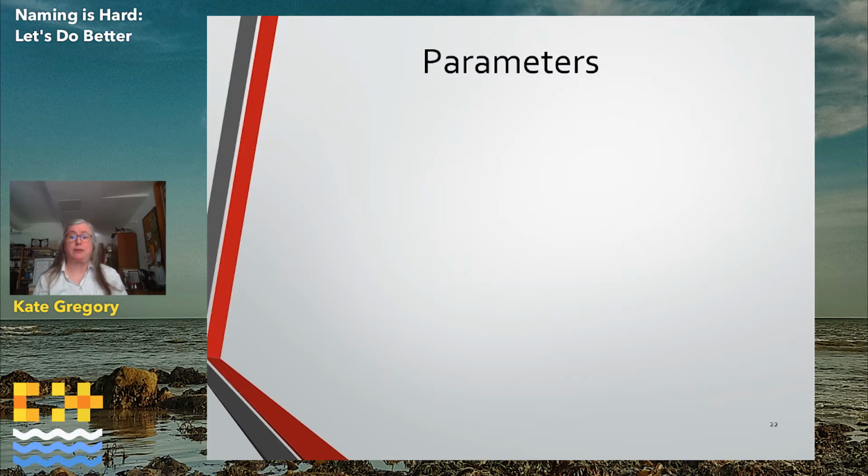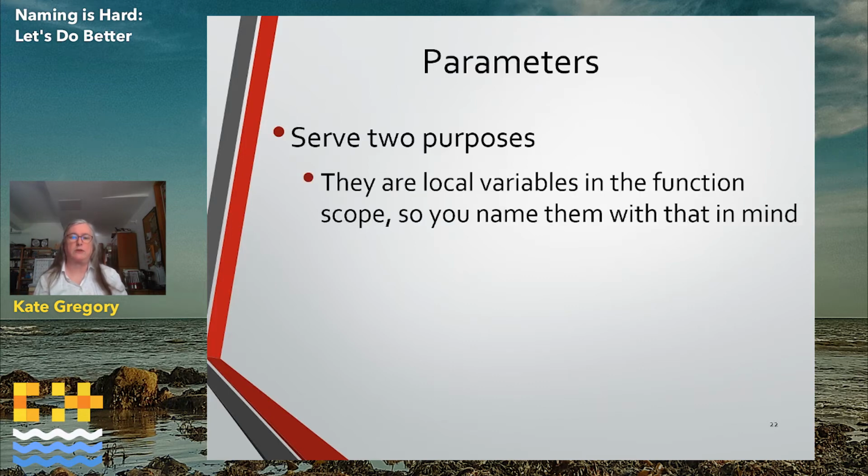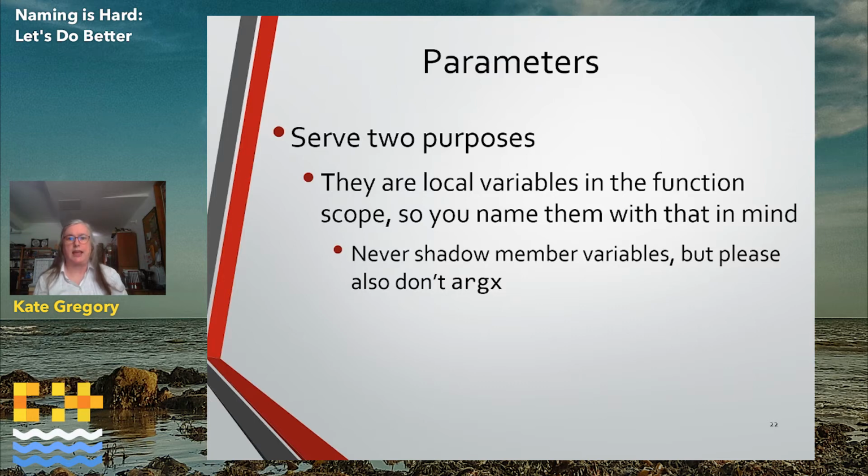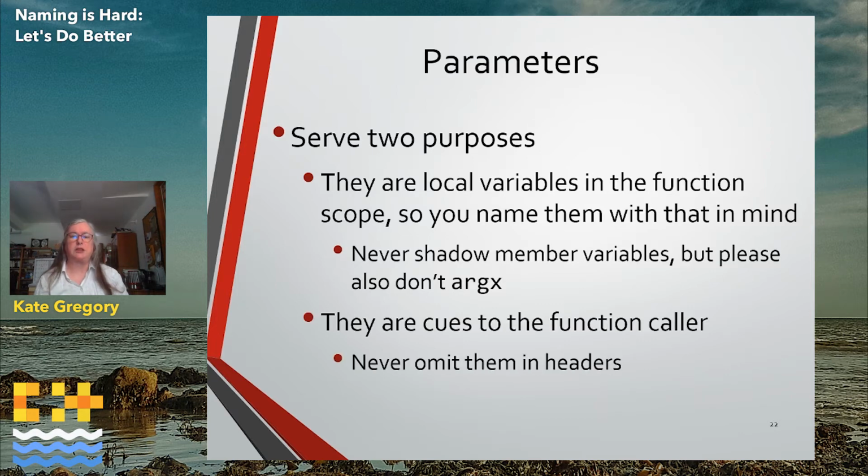So functions take parameters. And these serve two purposes, and you have to meet both purposes while you're naming them. They are local variables in that function, so you should totally name them with that in mind, and I will be talking about local variables soon. I hate when parameters shadow member variables. I don't like all this this points to x is equal to x business. But I also don't want you to decorate the parameter. If you must decorate something because you can't think of different names for the parameters and the member variables, then decorate the member variable. And that's because the parameters are cues to the function caller,